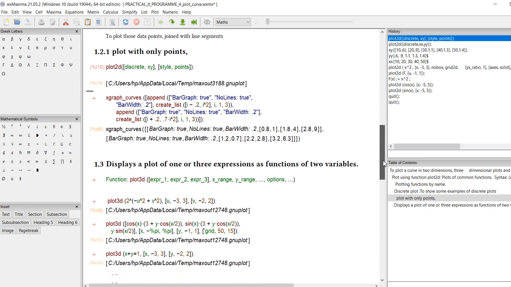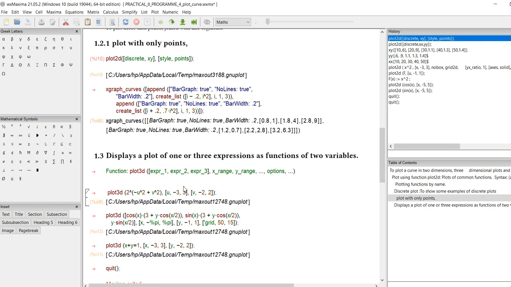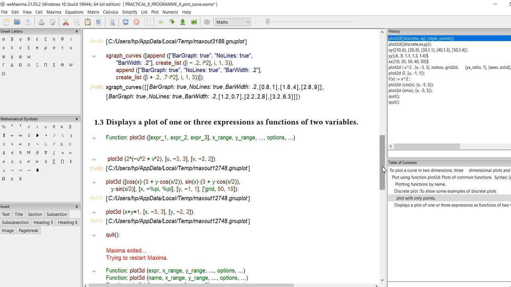Now we are going to make the 3D plot. For this I am taking the function 2 power minus u square plus v square, and the value of u is minus 3 to 3 and the second variable is minus 2 to 2. You just learned this syntax here, plot3d and expression 1, expression 2, expression 3, x, y and range and options. This is the syntax to make the 3D plot. So the output for this function will be,